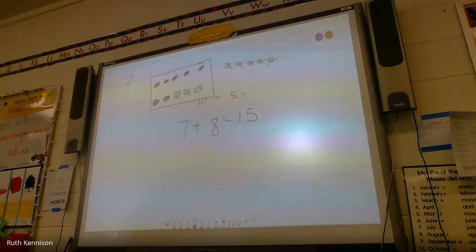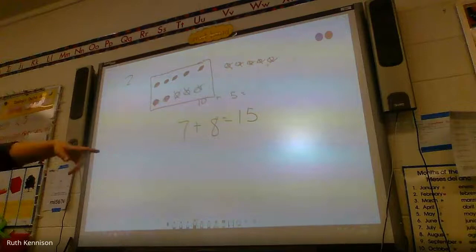I don't know why you have 7 plus 8 equals 18. You also need an equal sign right here. You have to have an equal sign. Otherwise, it looks like 700 or 7 plus 815. It does not equal 18. You need to put the 15 because that's what it equals. Right,